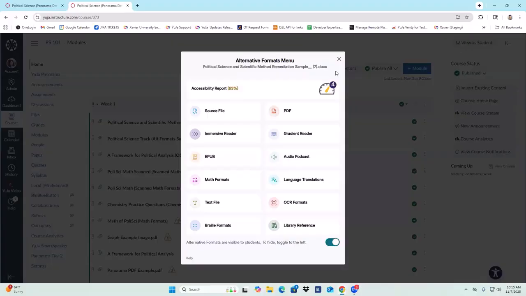But other than that, I know from my previous clients that just having all the options available for students, so they can download whichever they like, helps. That way they don't have to reach out to you and say, hey, can you turn this on for me? Hey, I need this for my course. They'll just have the ability to generate whichever alternate format they like.